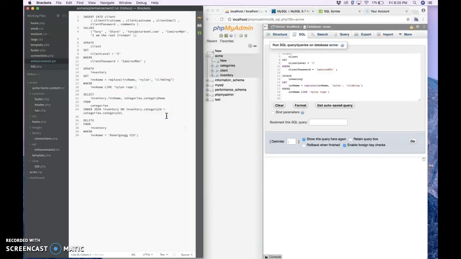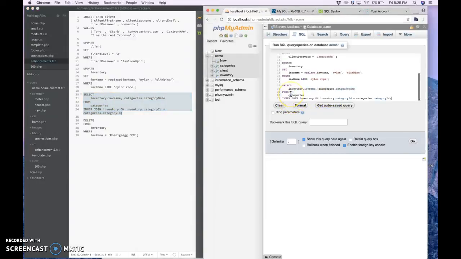So the fourth one was to only pick out, from the inventory and categories table, the inventory names and category names that had a miscellaneous category. So that is this SQL statement here. So we'll copy, paste,